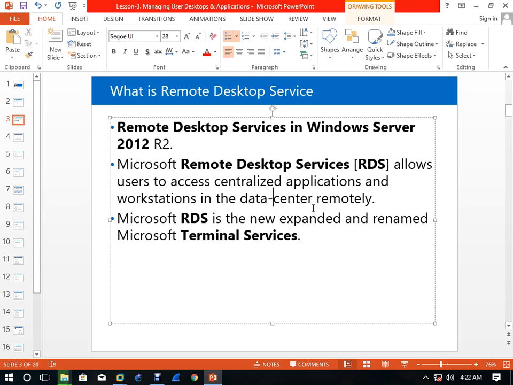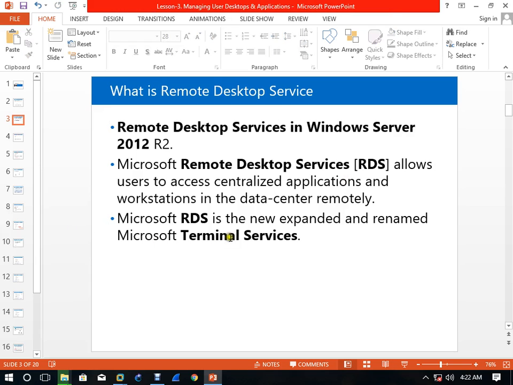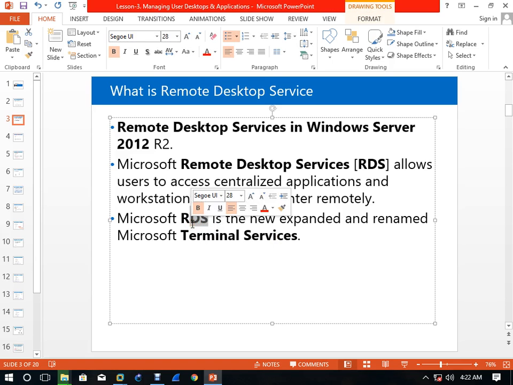If I want to access any server or any data, I can access it remotely when I have remote desktop service installed or enabled on the server. Microsoft Remote Desktop Service is an extended, expanded and renamed version of Microsoft Terminal Service. So earlier it was Microsoft Terminal Server, but now it is Microsoft Windows Remote Desktop Service.